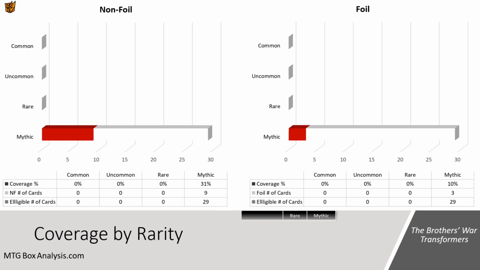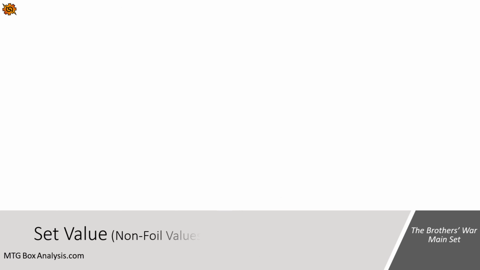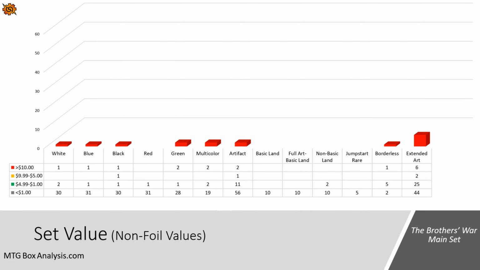In total, this box contained 49 rares and 11 mythics from the main set, Retro Artifact subset, and the Commander subset. Along with 12 Transformer mythics in the box, the grand total is 49 rares and 23 mythics. Before we jump into the value of this box, let's take a look at the potential value of the Brothers